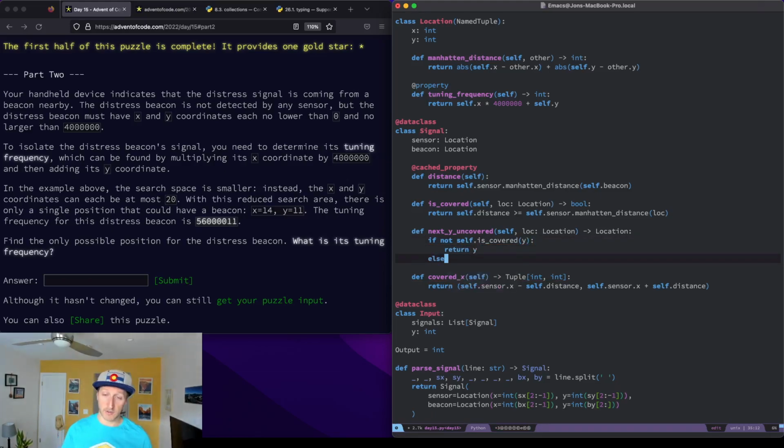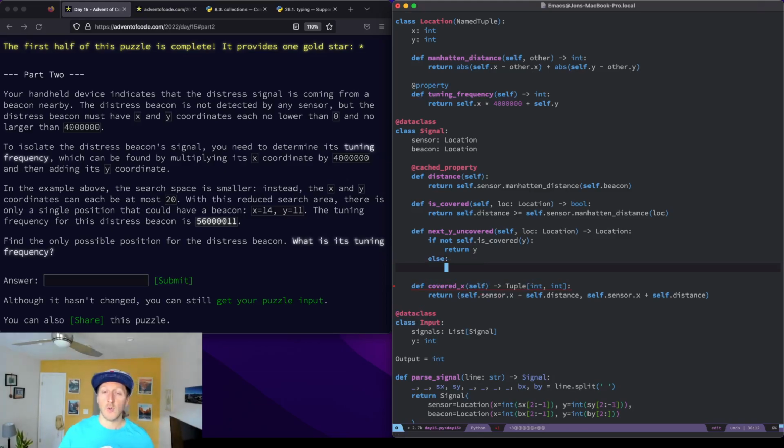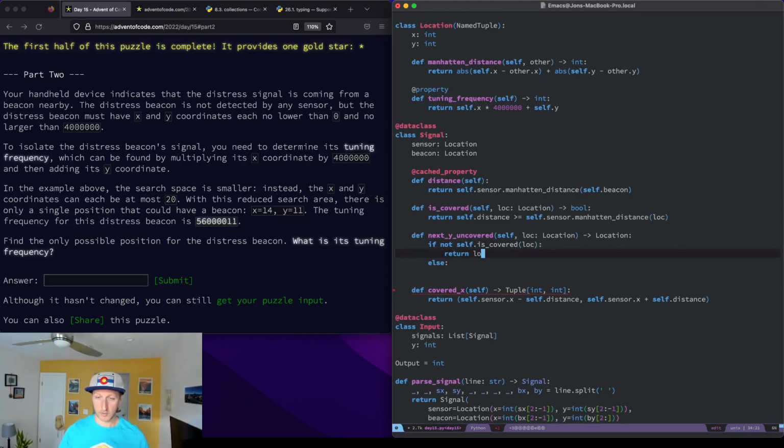If it is covered, we want to increment, not y, sorry, the location by the difference in distance. So return location, loc.x equals loc.x, and y equals